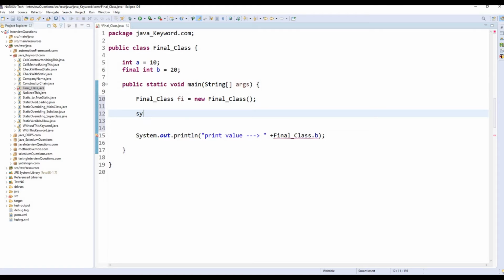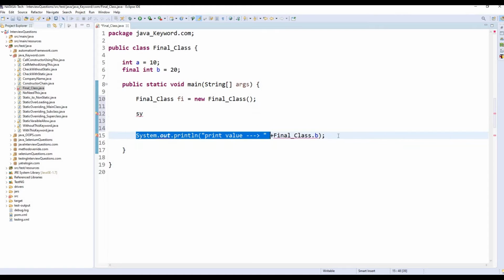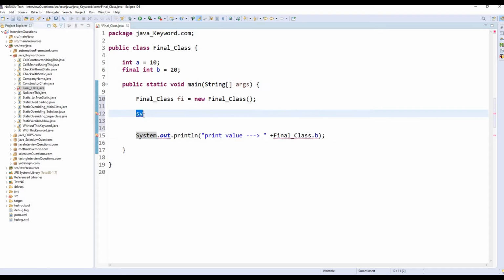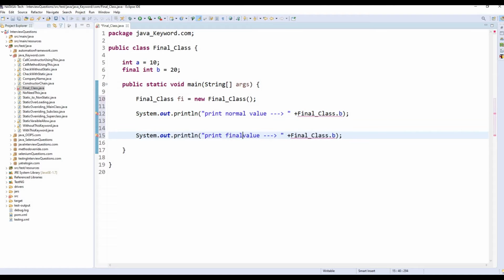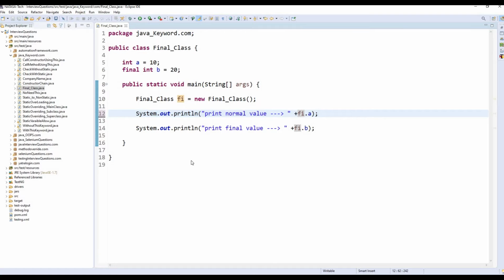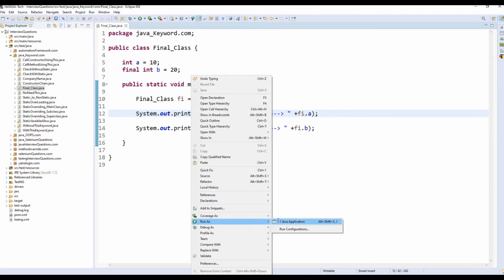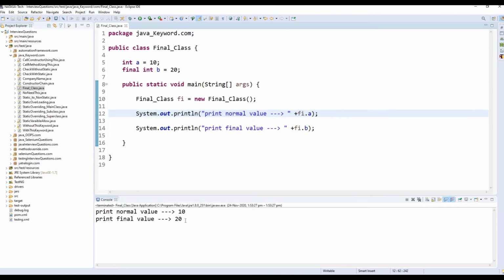I have already copied and pasted it. Normal value, final value. The reference variable is fi: fi.a is the normal value, fi.b is the final variable, right? Now I'm going to execute this program. It executes successfully.